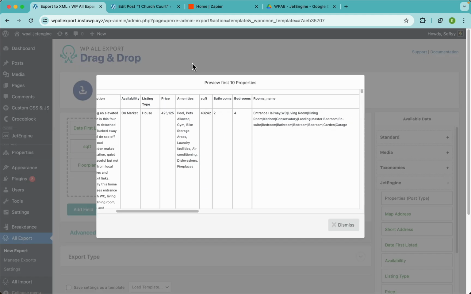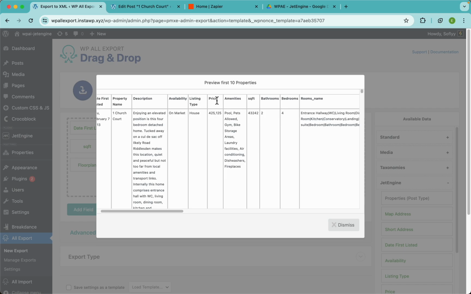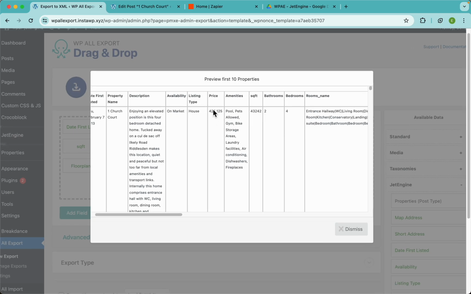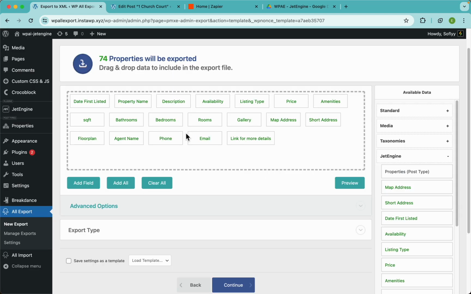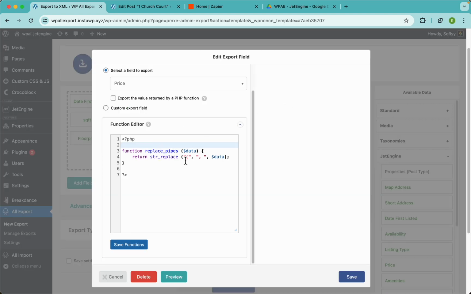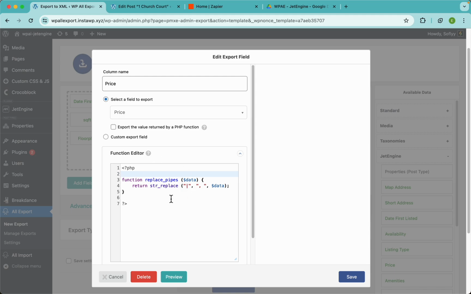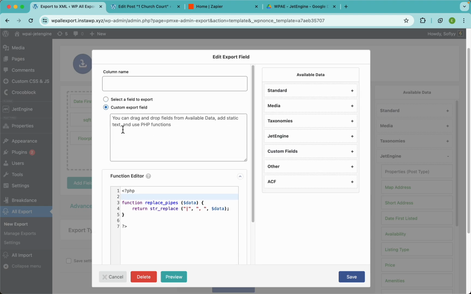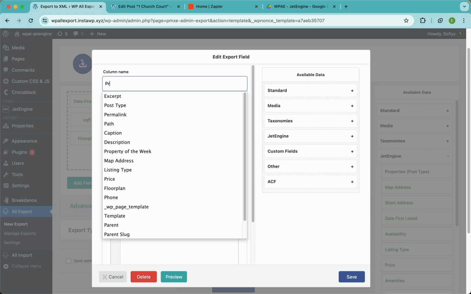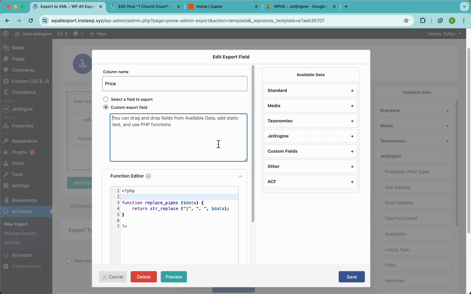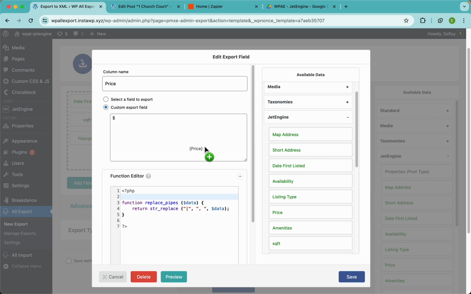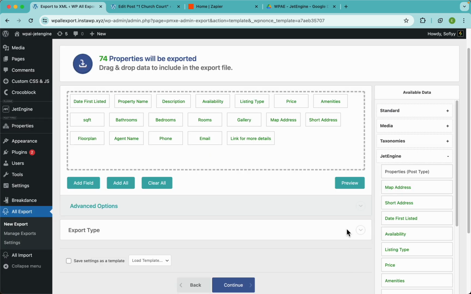Alright guys, so let me continue here. Maybe the price, we can improve this a little bit by adding the $ sign, right? So let's find our price, which is here, and we could of course use a quick PHP function, but there's no need in this example because we can create a custom export field. So let me select that. I'm gonna call this price, right? And I'm gonna type in here a $ sign, and I'm gonna look for my price, right? And save, preview again,